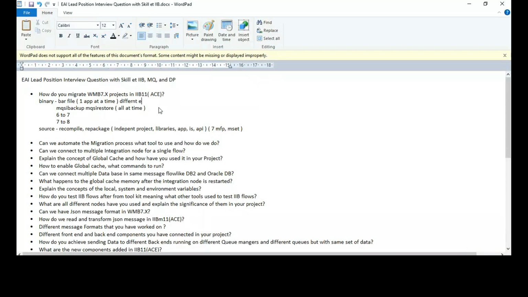So in that case, Vishnu, will the message flow projects that we have already built or developed in WMB 7 point versions be the same as in 7 itself, or will that get affected somehow because of the additional capabilities and benefits that we have in version 10 or 11?